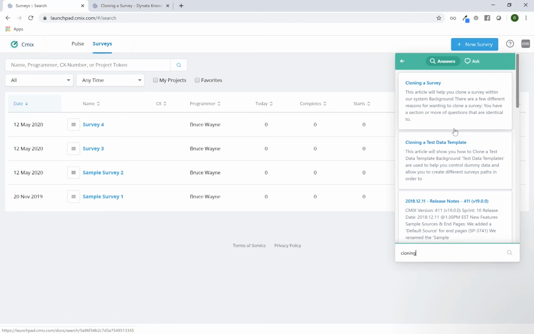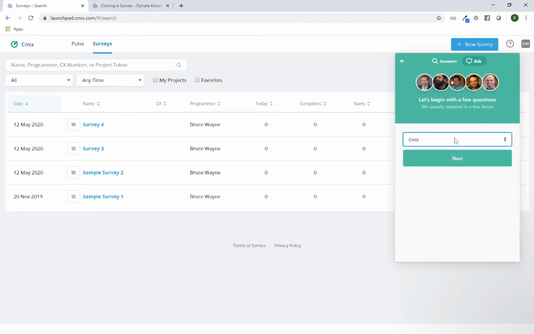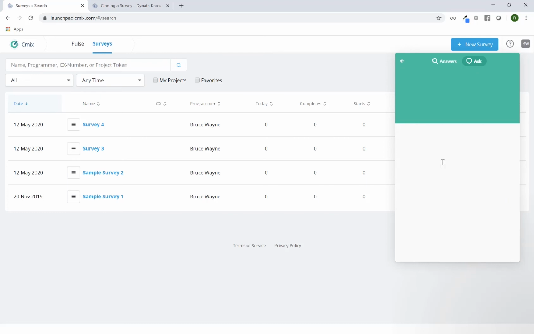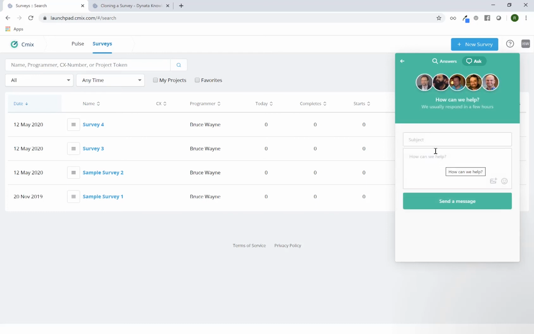Maybe I still don't find what I'm looking for. I can click on the Ask feature on the top right. In here you'll see a drop down relating to the specific product in which you were trying to get your question or answer or resolution to. In this particular case, I'm going to select Cmix, and I'll click on Next. Here you'll have the option to type in a subject and a body, and then click on Send a Message. This will send a message to our customer success team,